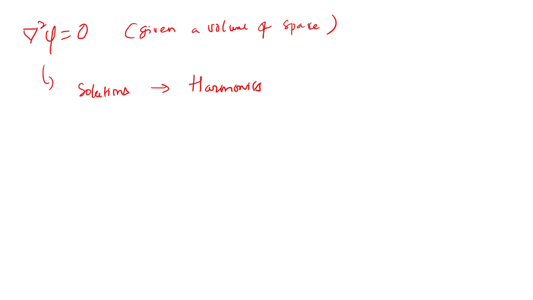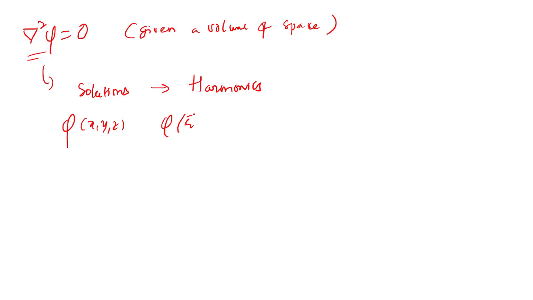So we're going to learn a few things about harmonics so that we can use these properties of harmonics to solve Poisson's equation ultimately. So if phi is a solution to this, that means phi is a scalar function,